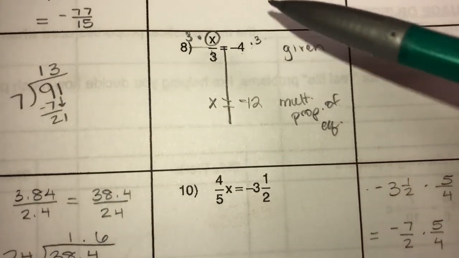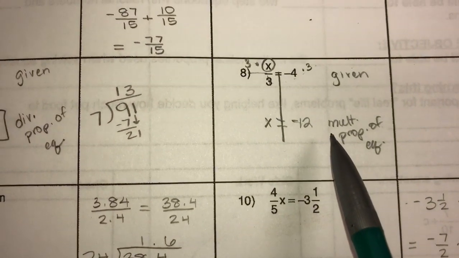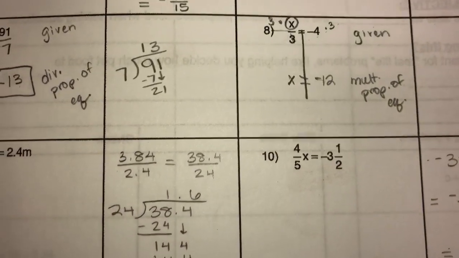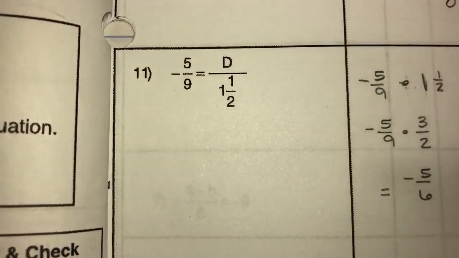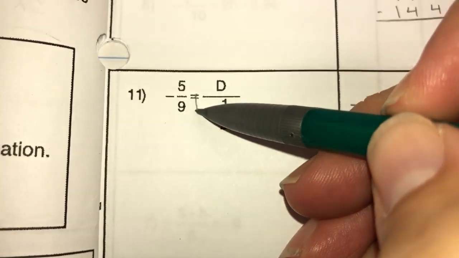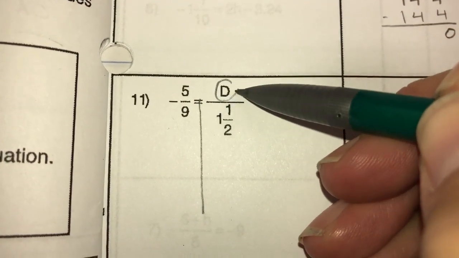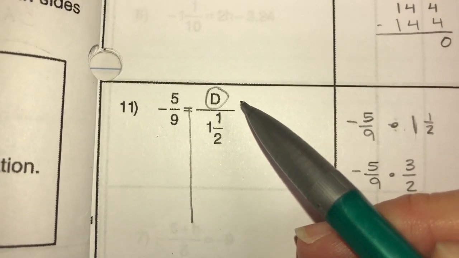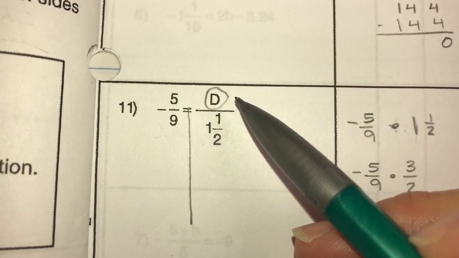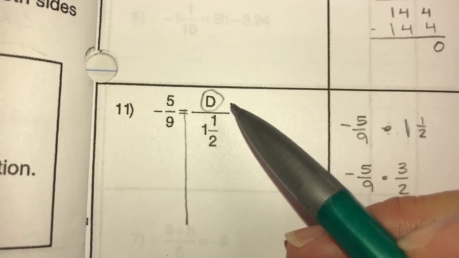Okay, so there's a division, there's a multiplication. Let's go ahead and I will scroll down to a funny looking one with a fraction on the bottom. Here we are, number 11. I'm going to draw the line, circle the variable just like before. Now we do see the variable on the right hand side. For now we could leave it there, that's fine. We'll switch it at the end to make sure the variable is on the